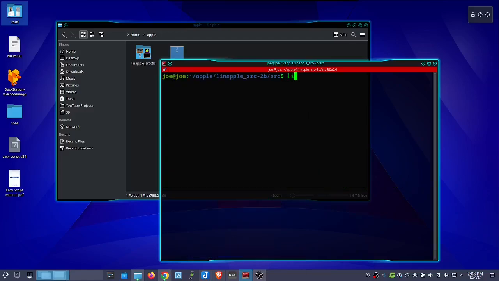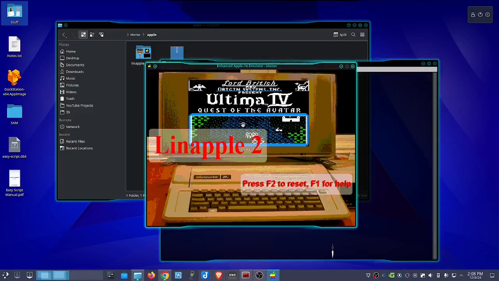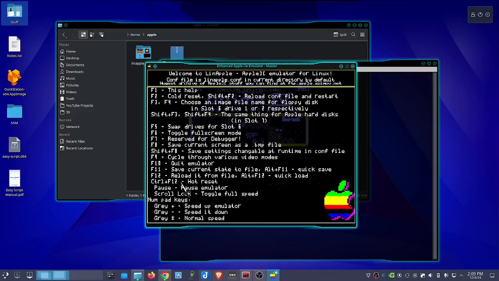Okay, to get the program running, just type Linapple in the command prompt, and Linapple 2 is now running. Press F1 to get to the help screen. And here you can see F3 and F4 are for loading disks. So if I press F3,